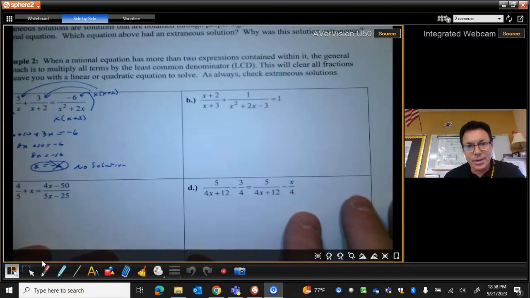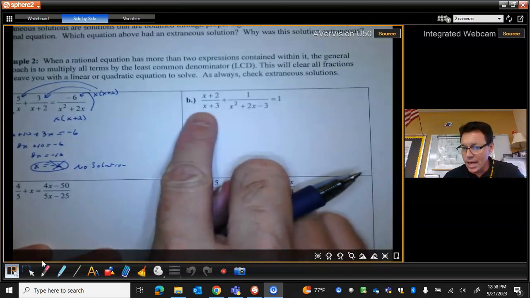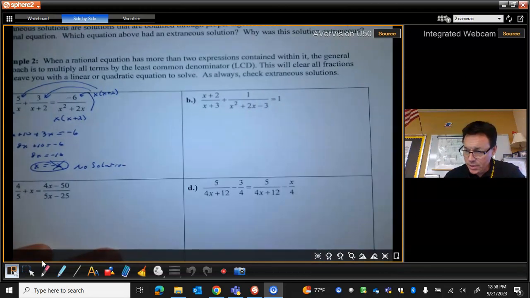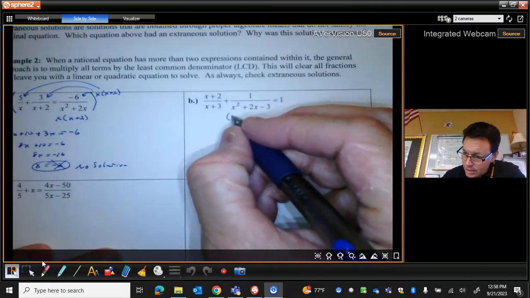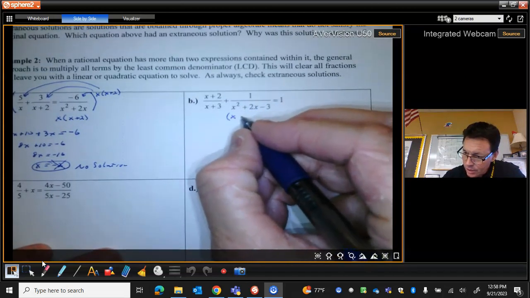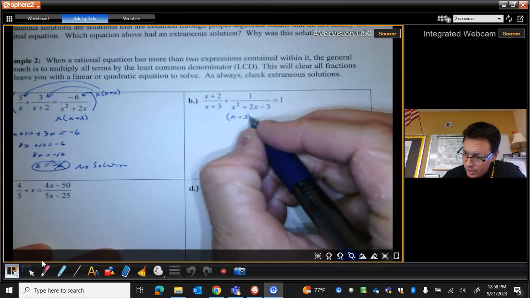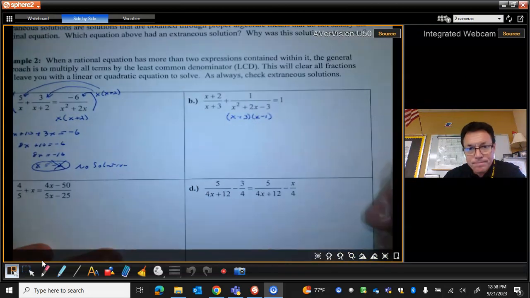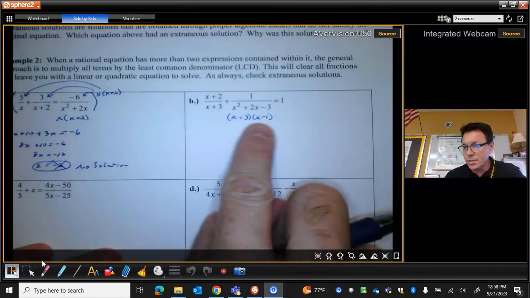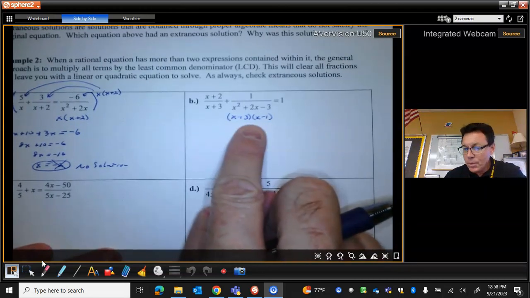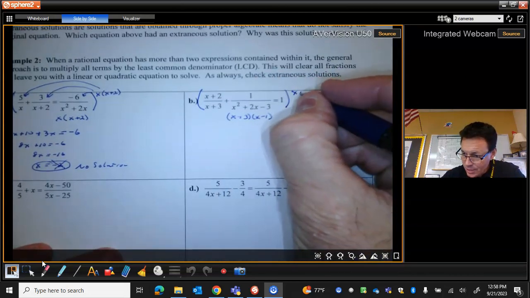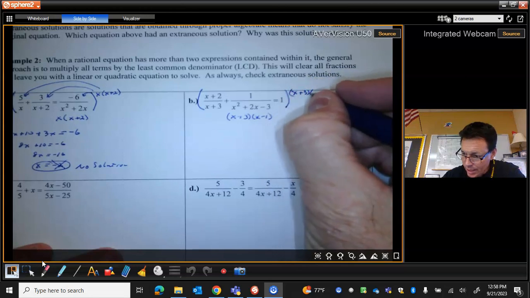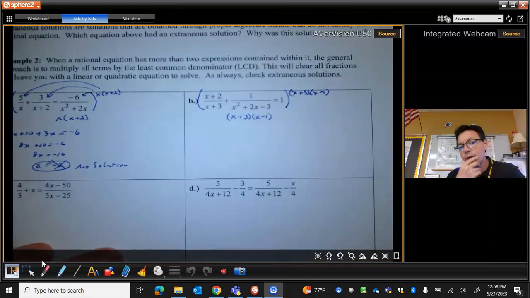So again, it's all about factoring. We want to see what our denominators are. That's an x minus 3. That's easy. This one is x, let's see, plus 3, and then an x minus 1. And then I've got this 1 over here. All right, so this is my common denominator. If I multiply everything through by this x plus 3, x minus 1, one at a time, it'll cancel out